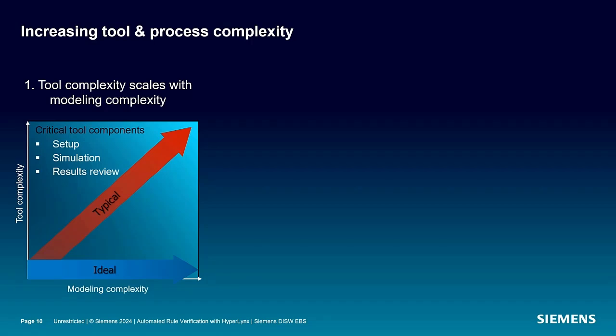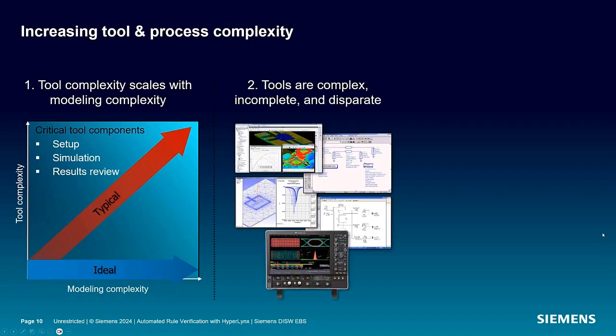First off, tool complexity and usability typically scales with the complexity of the models you'll need to validate for your design. Models come in all forms, from simple datasheet descriptions up to complex S parameters or 3D mesh structures. Associated tool complexity is measured in terms of the key steps to validation: setup, actual analysis or verification, and review of the results. Ideally, tool complexity would maintain a high ease of use regardless of the modeling complexity.